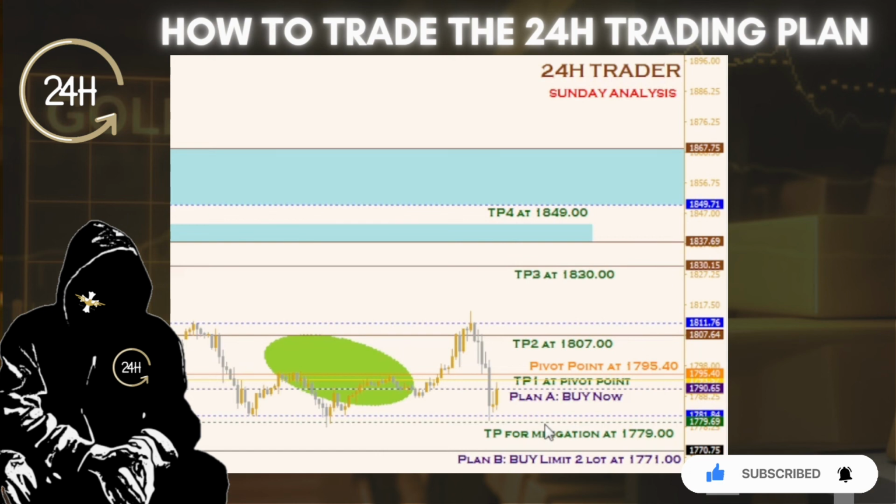For Indian traders, it will be around 4:30 in the morning, because it's 1 hour and 30 minutes from Jakarta time. So yes, there are sacrifices in trading that we have to make if we want to